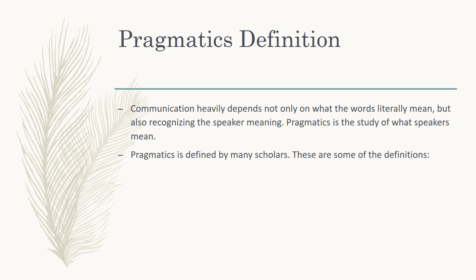Now, within semantics, we weren't concerned with what I mean by, what you mean by, what he means by, what they mean by the word they are saying or we are saying. In semantics, we are concerned with what the word means, right? So that's why it was completely objective. Now we come to pragmatics. Pragmatics depends not on what the words literally mean,